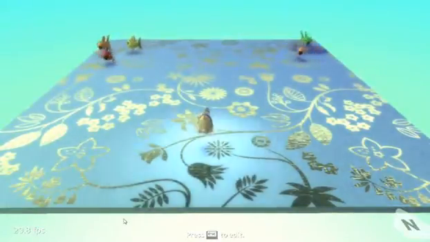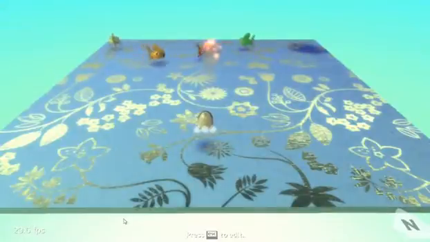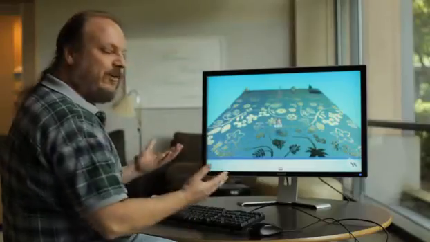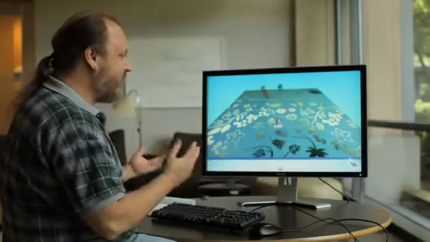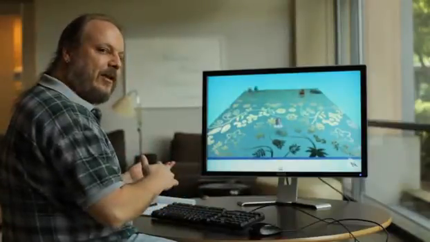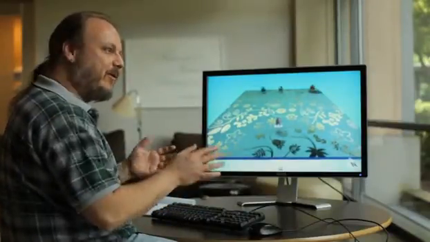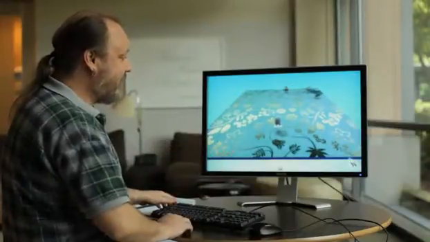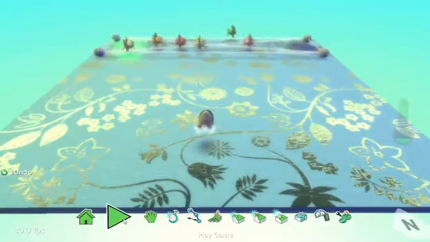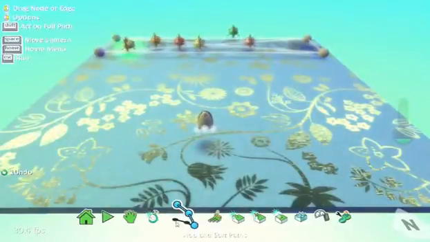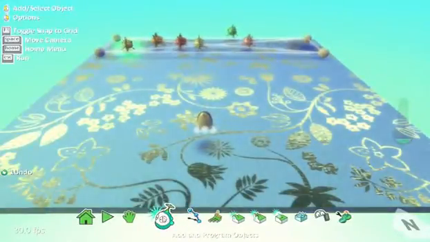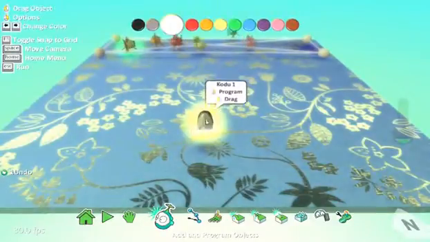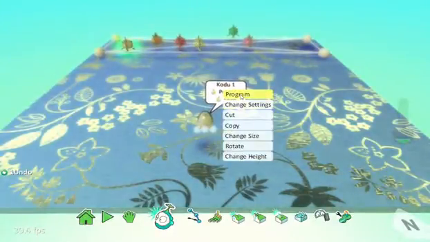So now when I hit the space bar, it fires a missile, but he can only shoot straight, which is a little bit constrained. So let's go ahead and go back and give him the power to turn left and right. So once again, press Escape to edit. I hit Escape, I'm back in the edit mode. I choose the object edit tool at the bottom, which lets me then right click on Kodu, choose Program,